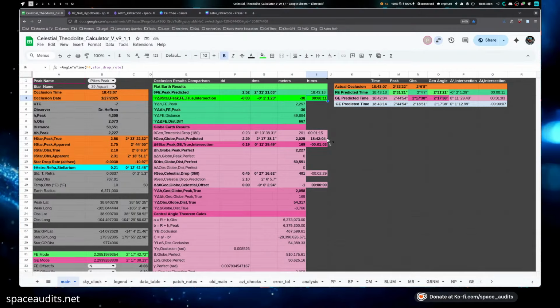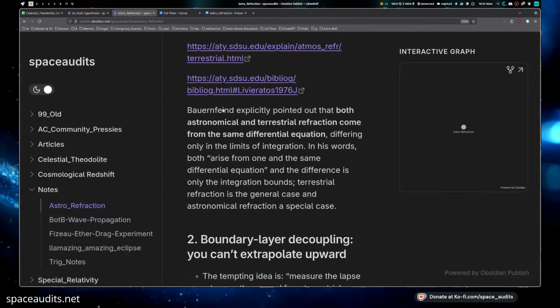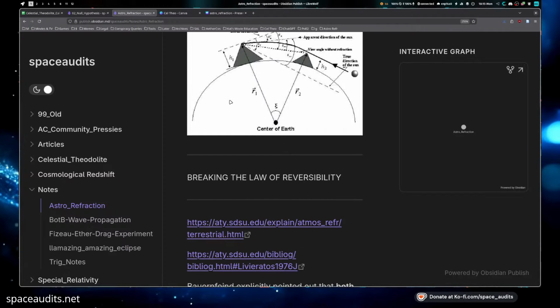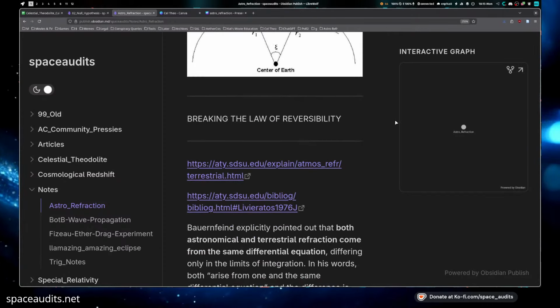Now, a lot of the globe lads would say, well, what about refraction? Isn't there refraction? Isn't that a thing? Well, not only is it a thing, but it's a particular type of thing, especially when it comes to astronomy. So I found a couple of examples here, and I've been through this before on some of my previous prezzies.